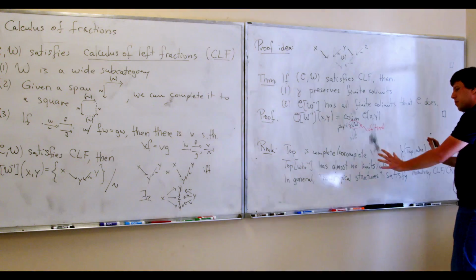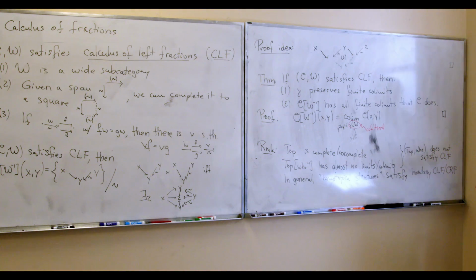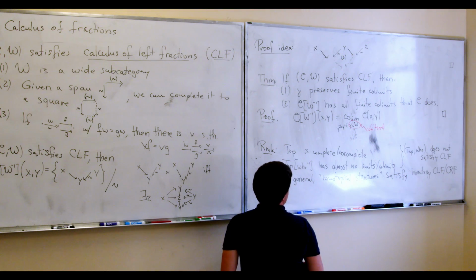Where it is somewhat more useful is some kind of triangulated setting. So one of the results that Gabriel and Zisman prove is that if you have an abelian category and the class of weak equivalences satisfies both CLF and CRF, then the localization is again abelian. So you can see what they are going for, but yeah, it doesn't apply verbatim to the study of topological spaces.